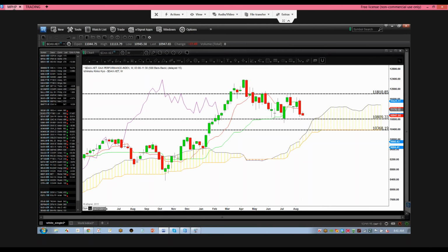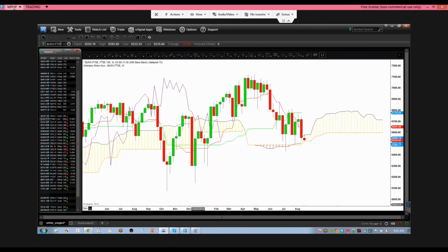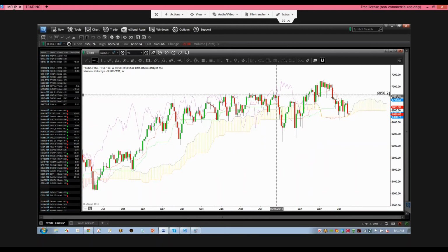For our UK people that are online, let's go ahead and cover the UK market, and you can see this is one ugly pattern here for the British market. And you could see here it was consolidating, finally broke out, and then it sat there and came right back into this consolidation pattern, which is not good at all. So it had a chance to go bullish. It didn't do that at all. It came back into this